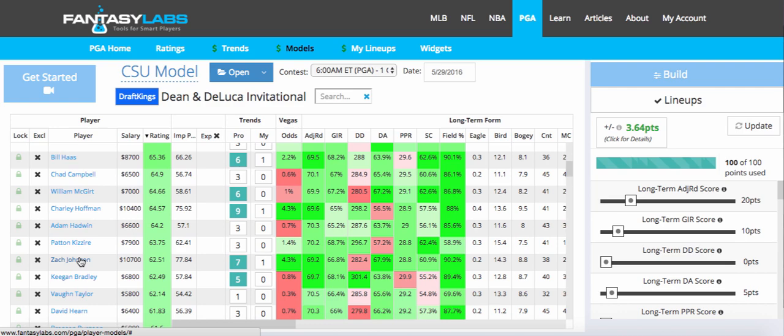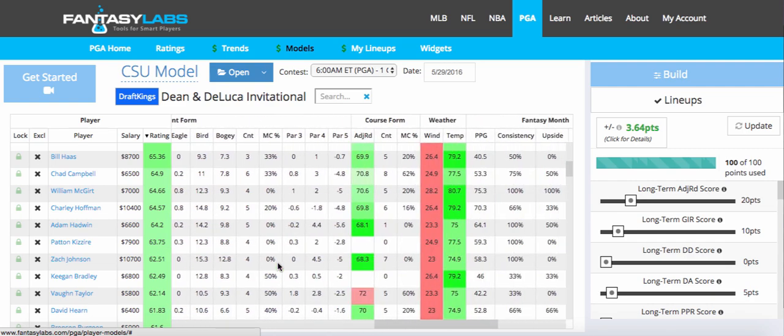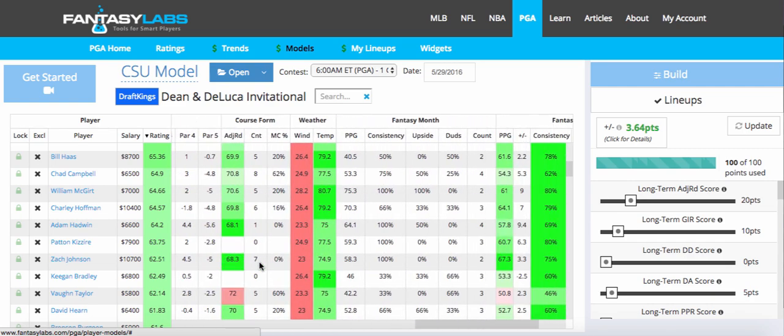And he's an accurate driver of the golf ball. He's a classic, kind of short game wedge player who hits the ball accurately. So this should set up well for him, and it has. If we scroll through and look at Zach Johnson's course history, he has a 68.3, which is just a great